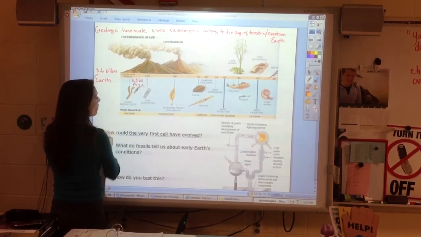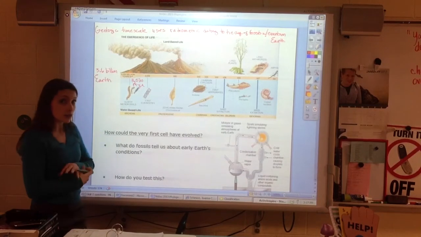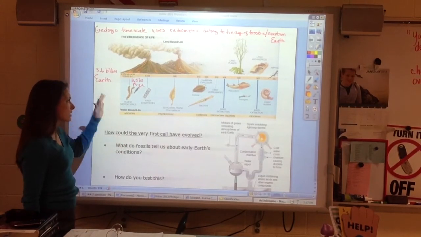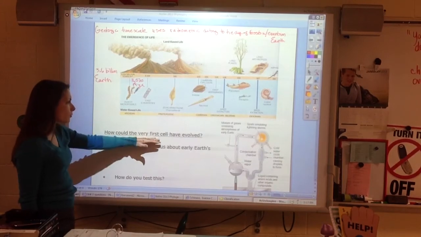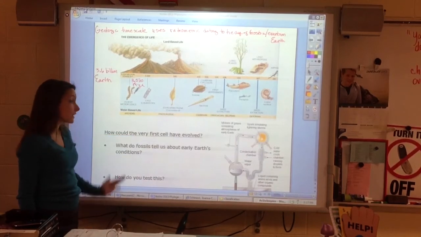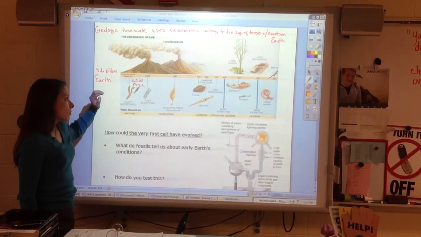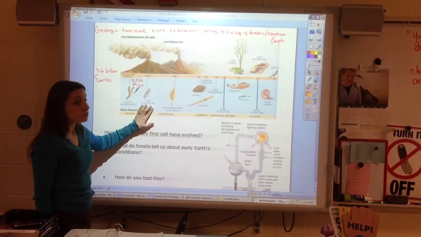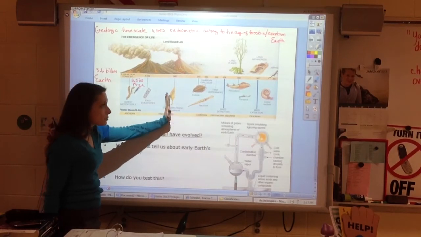Million years ago are the oldest fossils, but the Earth is much older than that. So one of the things we'll look at is, where did these first cells come from? Where did the very first cells evolve from? And then we start to see the idea that we have the first eukaryotes, and then we start to see